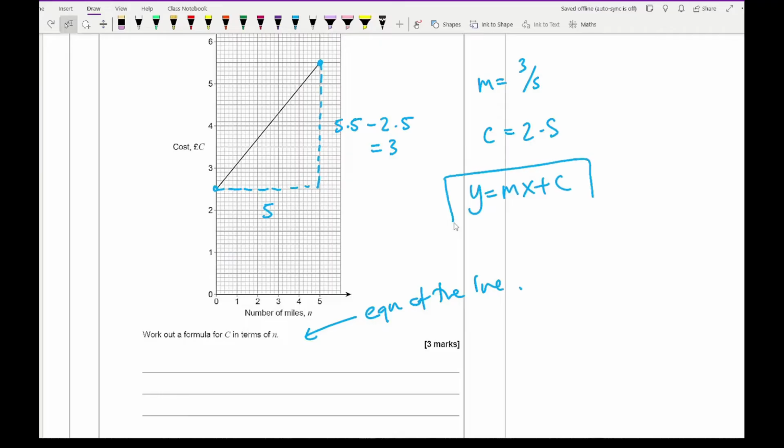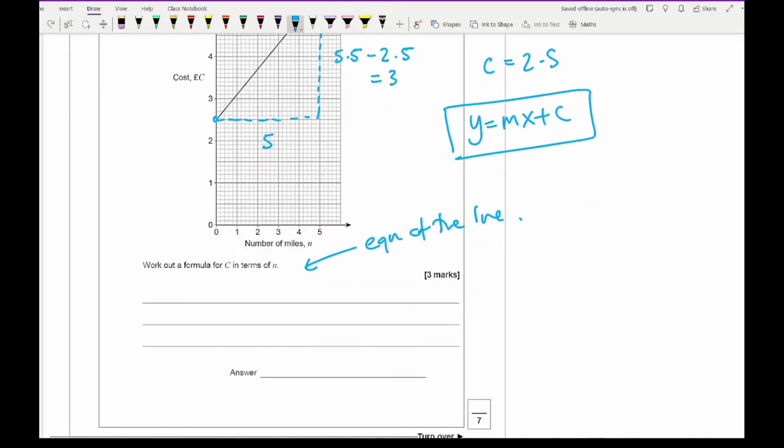C is going to be, because it's a straight line. Now there's no indication about how they want me to write the formula, so I can pretty much choose exactly how I want to do it. There's no asking for the coefficients to be in terms of decimals or as whole numbers. So looking at this, I can either write the equation as y equals 3/5 x, or actually say,